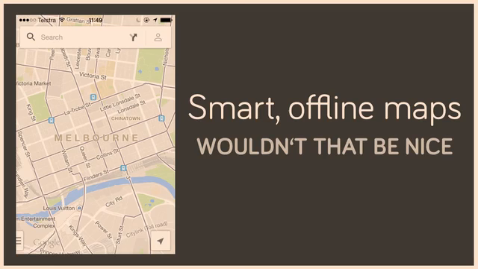Now I suppose most of you are from Australia, so maybe you didn't have this problem at this conference, but if you travel a lot, you'd probably want this. Smart offline maps. Wouldn't that be nice? So you can have offline maps, but you have to know in advance. You have to buy an app, and you have to download the files for the country you're going to, or you can invoke this bizarre ritual to get Google Maps to cache your surroundings. I don't know if you know this.